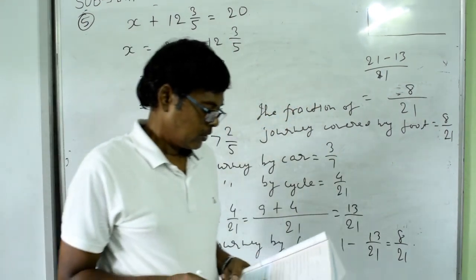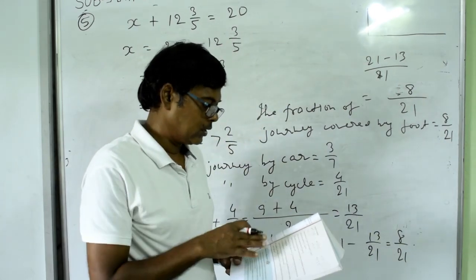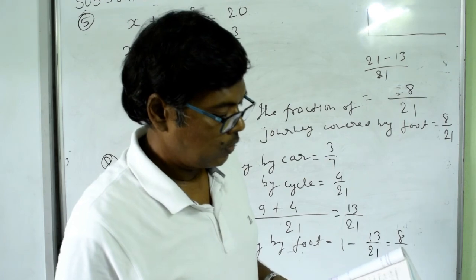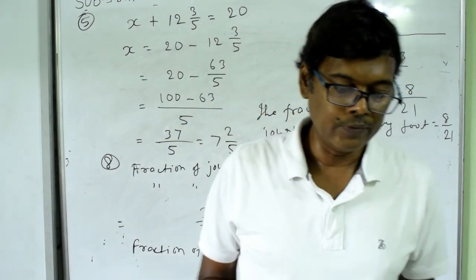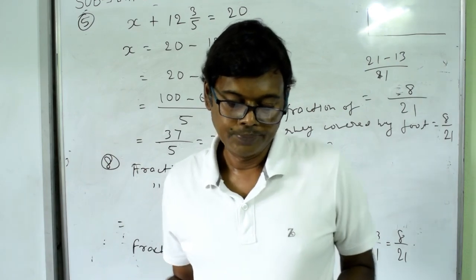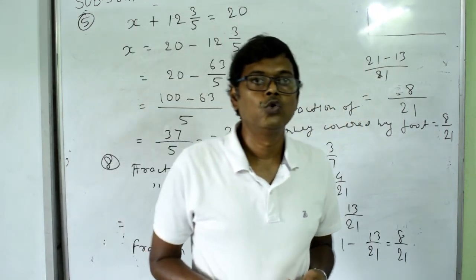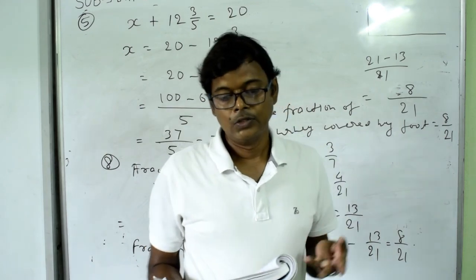So, and similarly, all the questions are similar here. Okay, like in the question number 10, in a garden, 1 by 5 of land is used for flowers, 2 by 7 for jogging track, and rest as open land. What fraction is used for the open land? Again, here you will add the two fractions and then subtract from 1, you will get the answer.